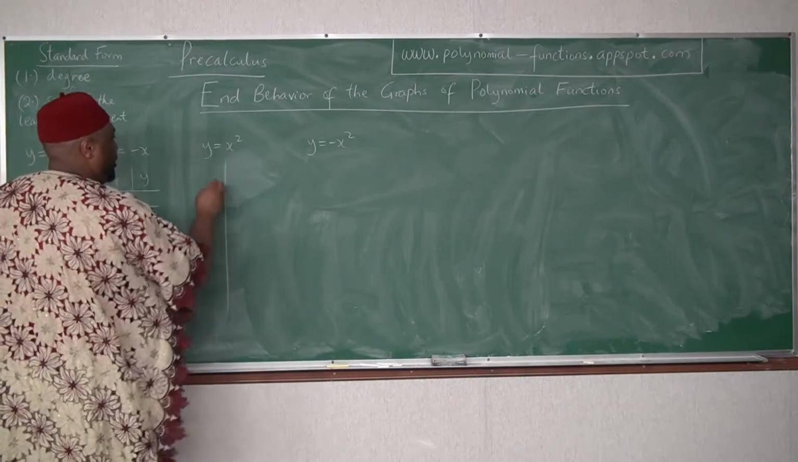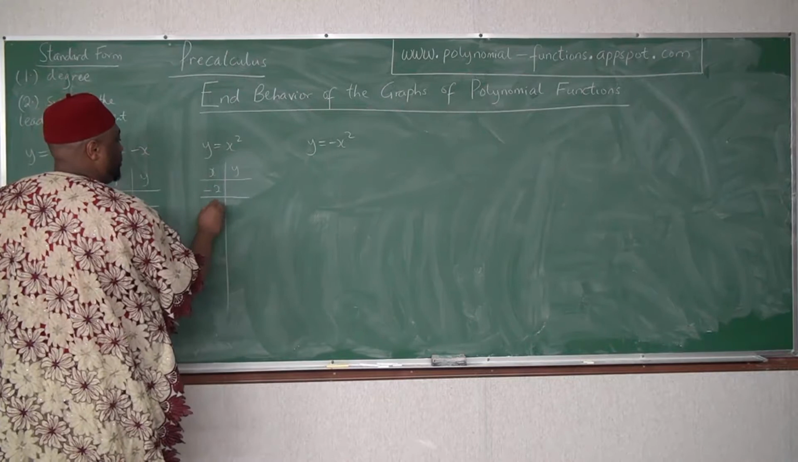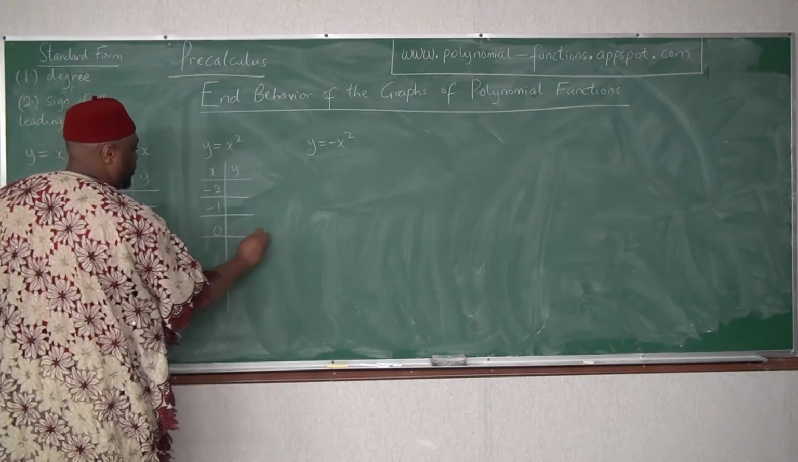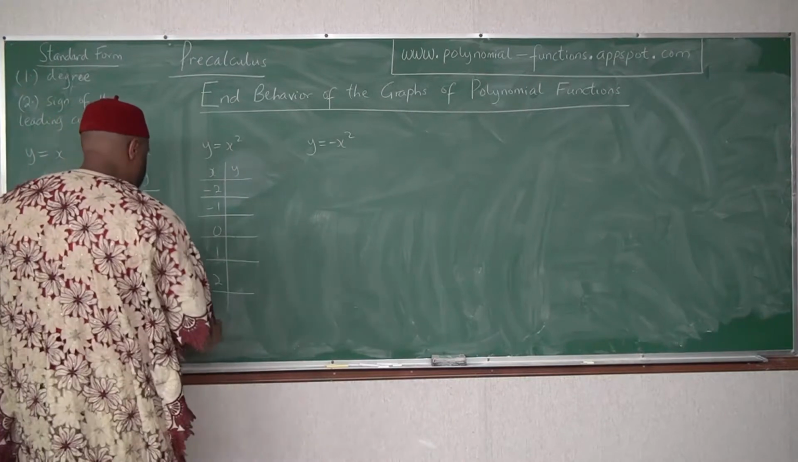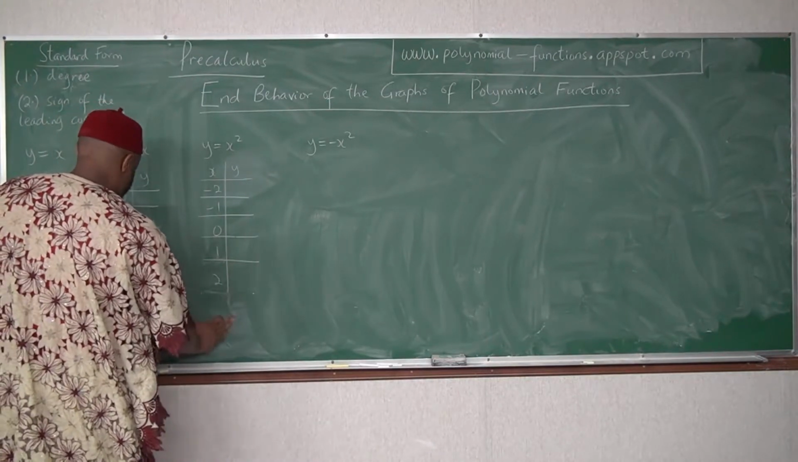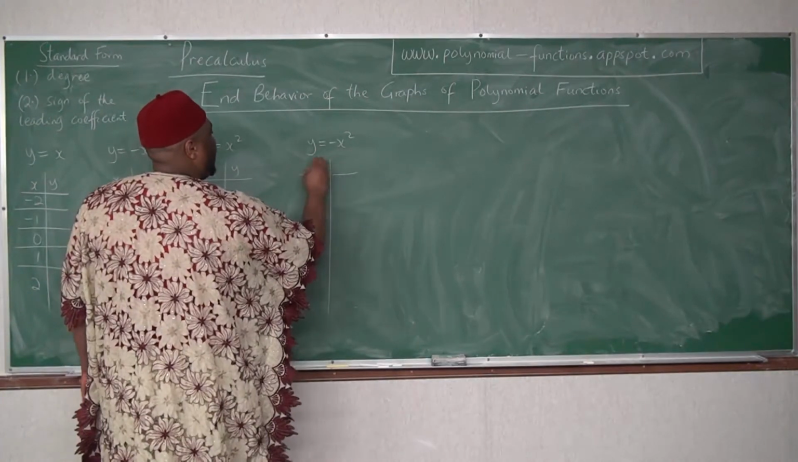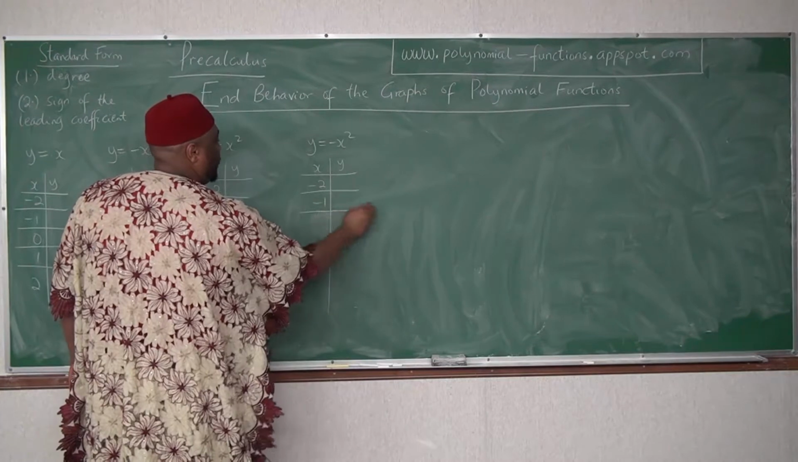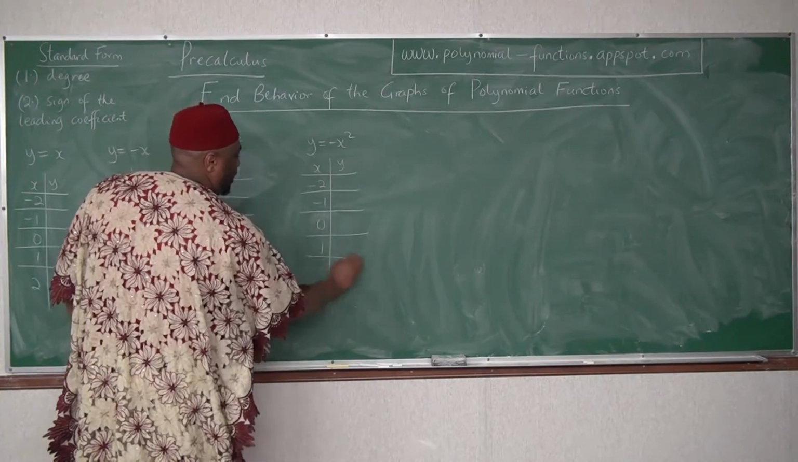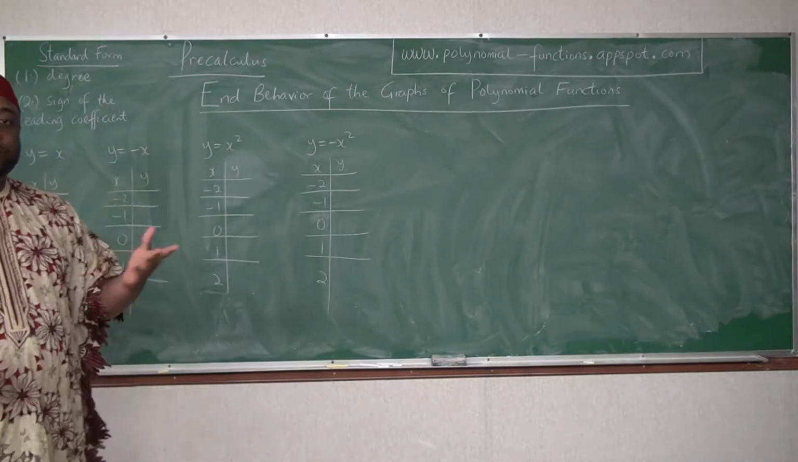Here, x, y, -2, -1, 0, 1, 2. And here, x, y, -2, -1, 0, 1, 2. So let's write our table of values. As you can see here,